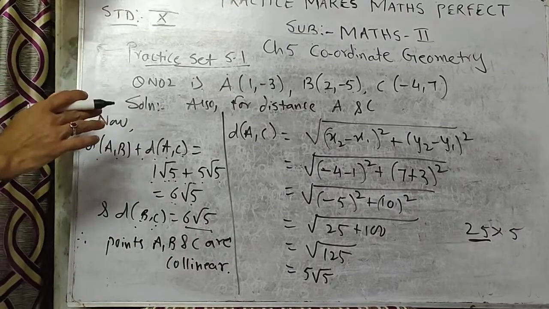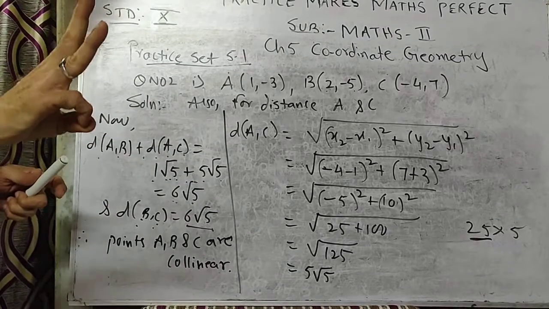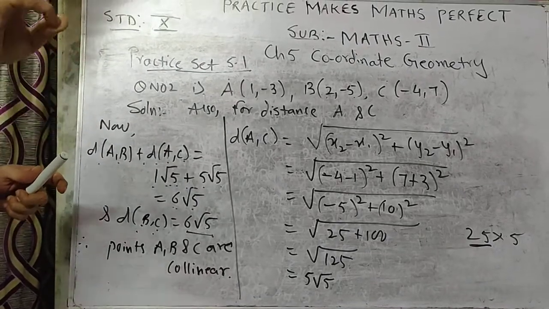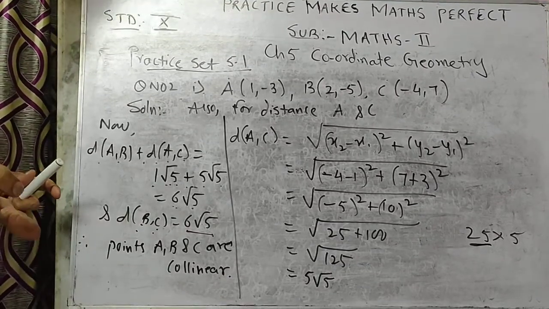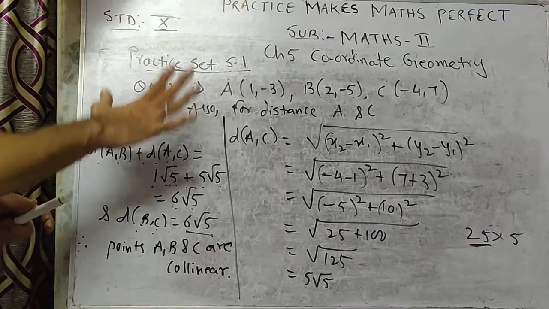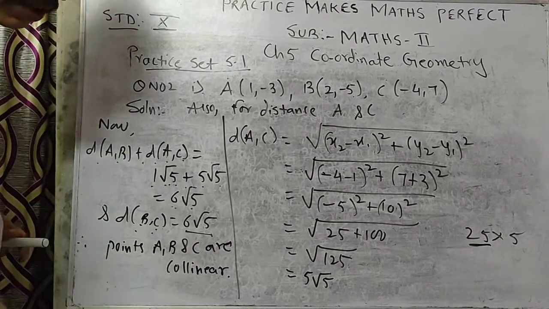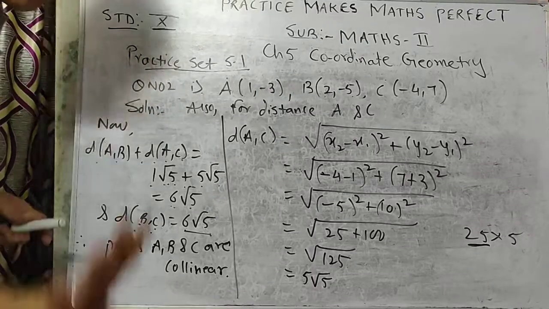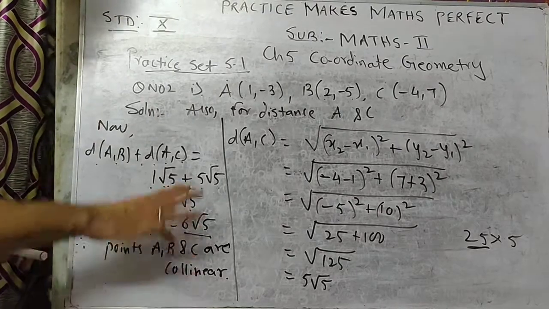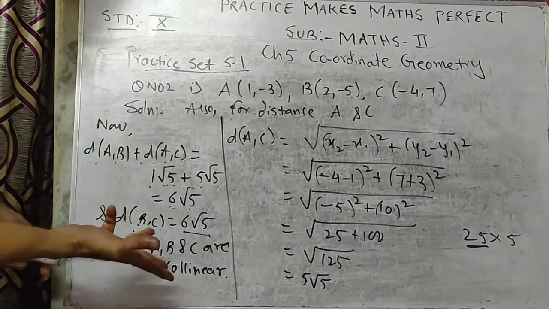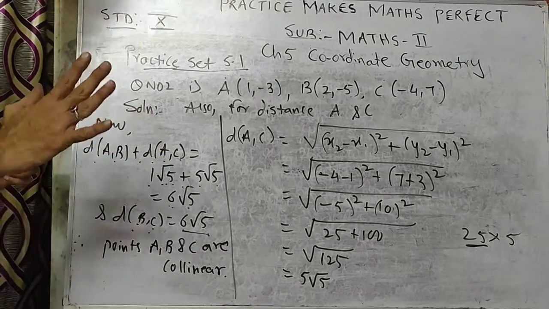So here this sum is over. In these collinear points you are solving 3 times. You are using the distance formula 3 times. Keep in mind, don't forget this, because the full exercise is based on the distance formula only. Is that clear? In this you have total 4 sums. One sum I have solved for you. Remaining 3 you can solve, it is very easy. We are using the distance formula. Same pattern, same way.